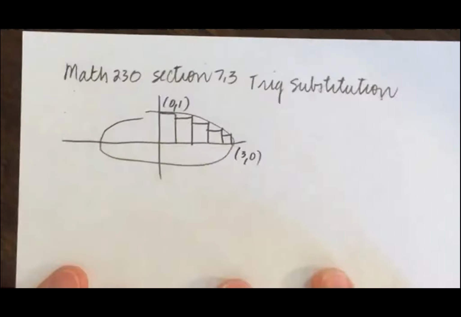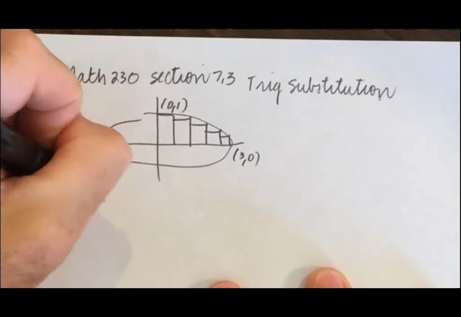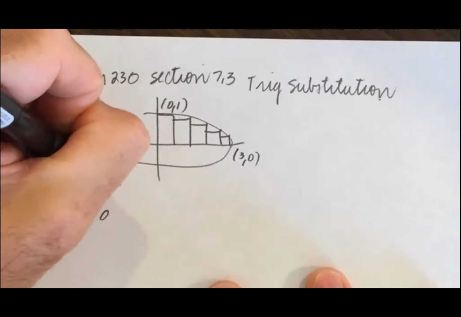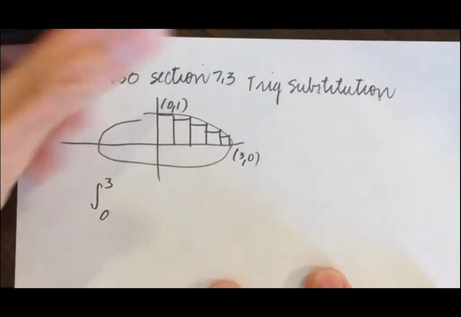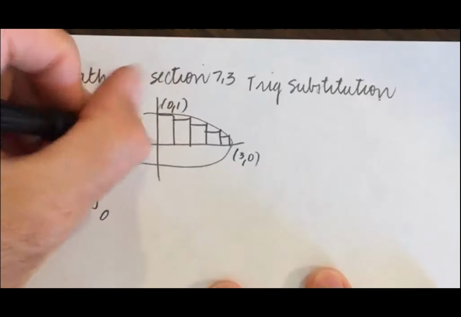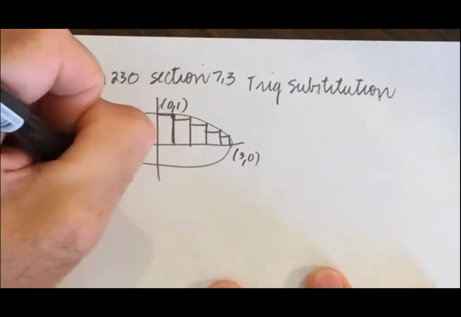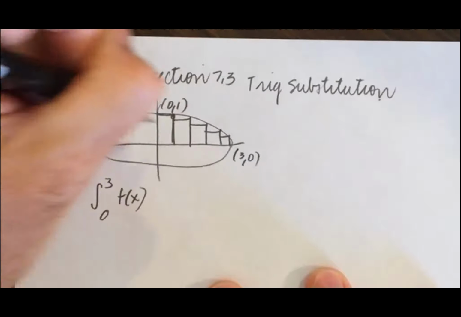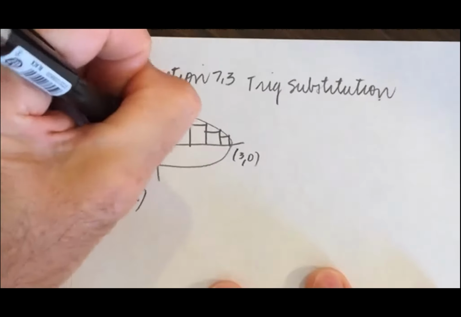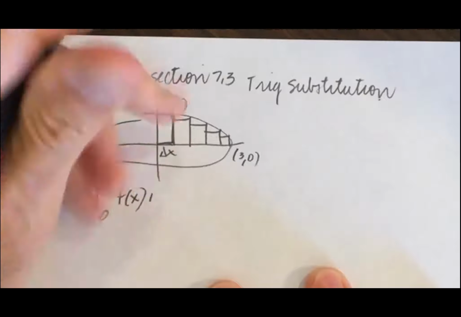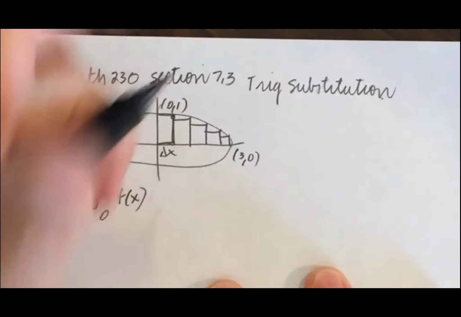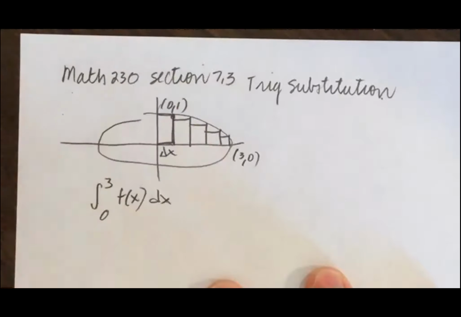Okay, so I would like to do the integral from 0 to 3, right? So we're going out this way, of length times width. So the height is given by f of x, and the width is given by delta x. So when we stick it in definite integral notation,